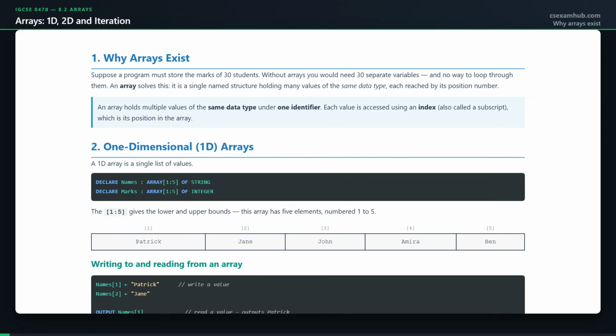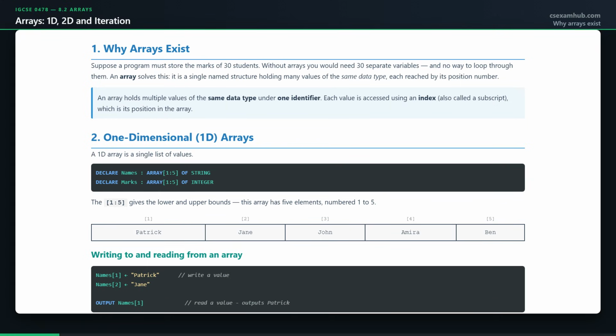An array holds multiple values of the same data type under a single name, with each element reached by an index. To see why that matters, imagine storing 30 exam marks without one: 30 separate variables, 30 declarations, and any operation on all of them written out 30 times. With an array, you declare one thing and process it with a loop of 3 lines. That is the real argument for arrays, not that they save space, but that they let a loop do the repetition. An array and iteration are made for each other, and almost every array question in the exam is really